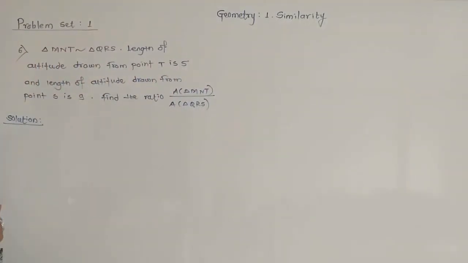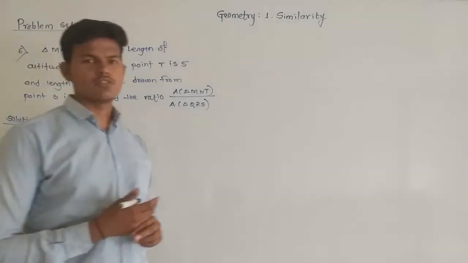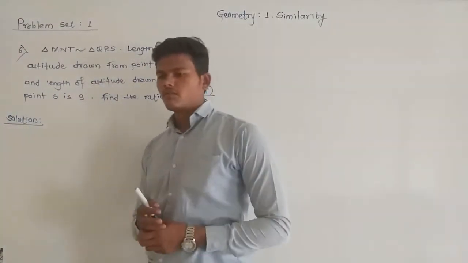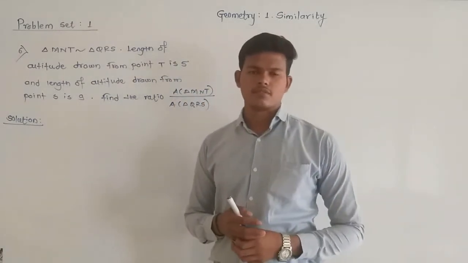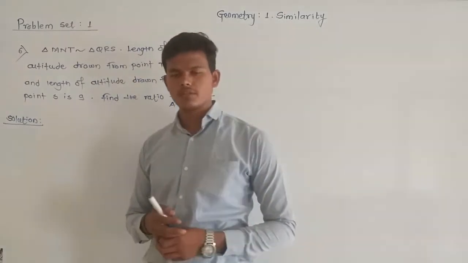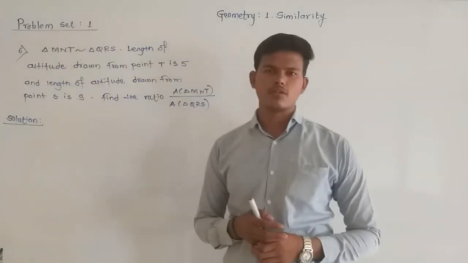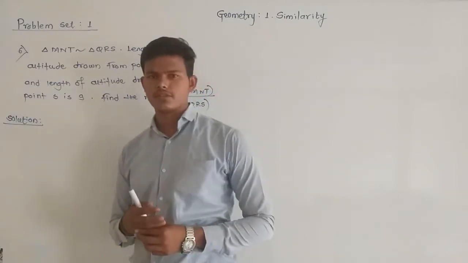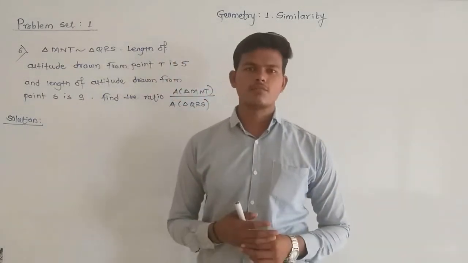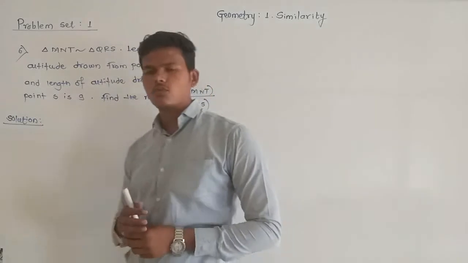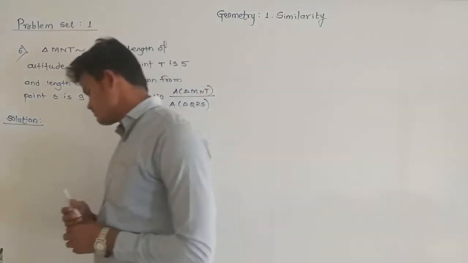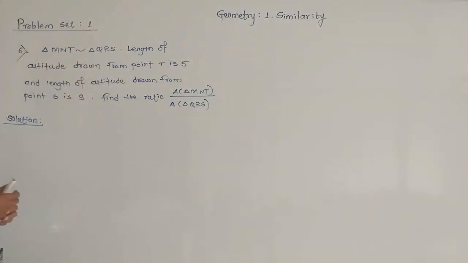Now we'll directly start question number 6, because question number 4 and question number 5 both are simple and they are based on the first property, that is ratios of areas of two triangles. In question number 4, given that for triangle ABC and for triangle DCB, for both the triangles the base is common, and if two triangles have equal bases, then their area is proportional to corresponding height. Then we have to find the ratios of areas of triangles. Similarly in question number 5 also. So question number 4 and question number 5 are for homework. Now the question number 6 is triangle MNT and triangle QRS both are similar.